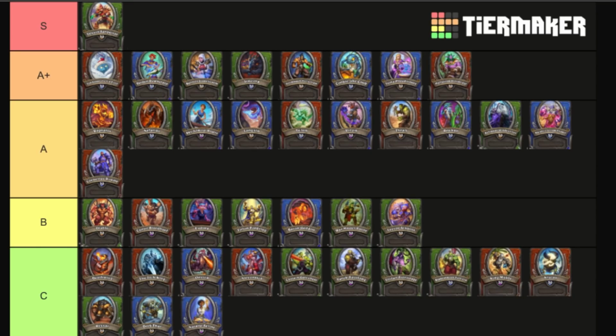She's still one of the best characters in the game, but I think that's kind of what is making Thrall up here in A tier, as GVT, while still a powerful comp, has definitely fallen off in terms of popularity. It is not the most popular comp like it once was, and even though it's still decent,